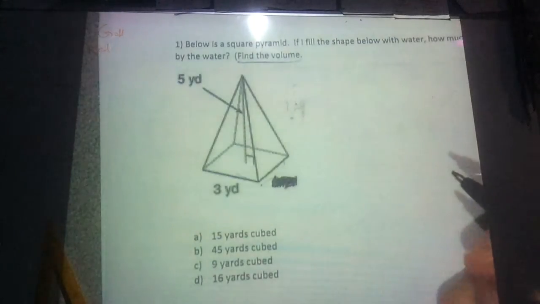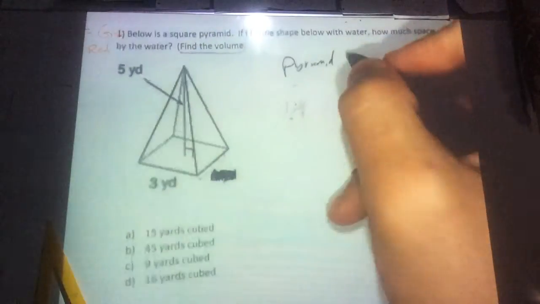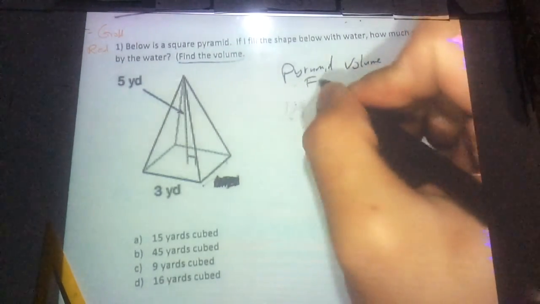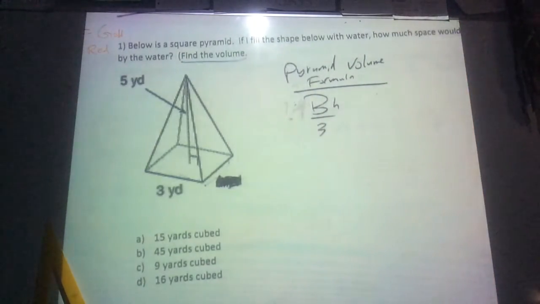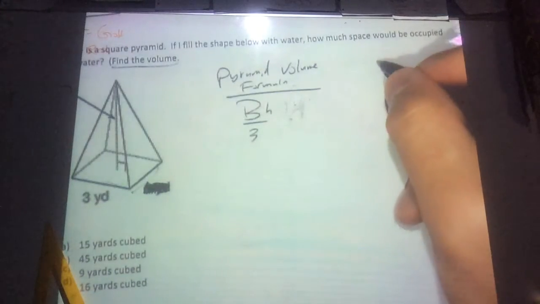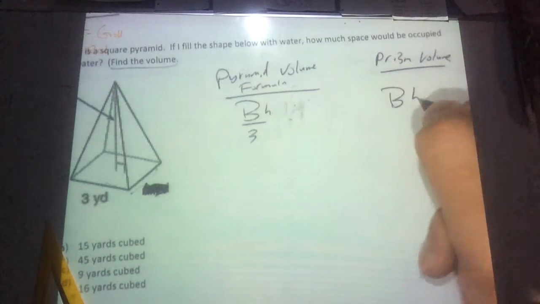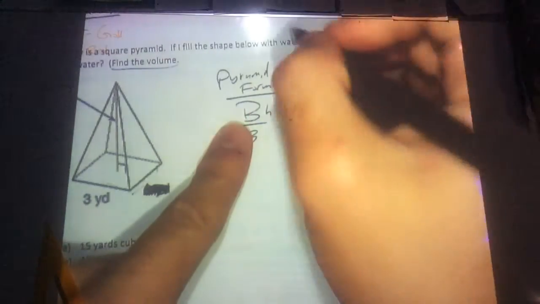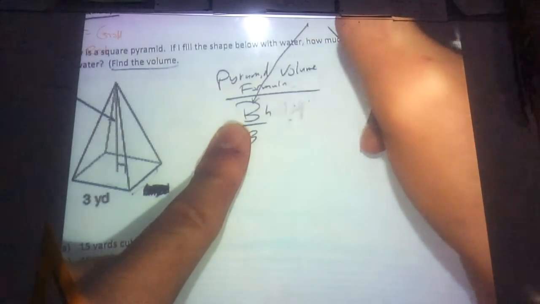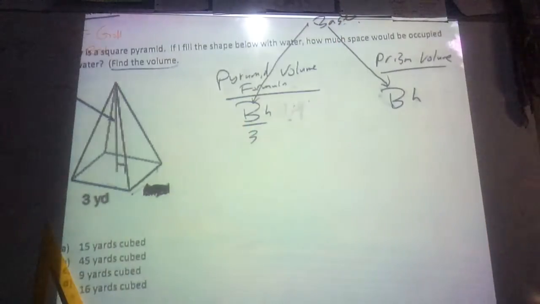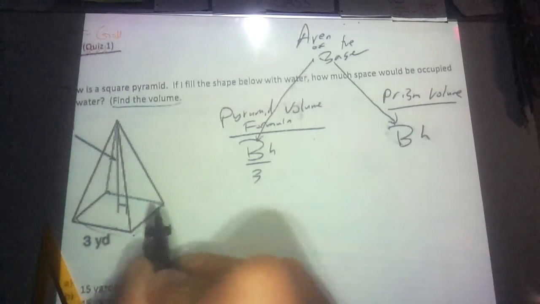For a pyramid, the volume formula is going to be base times height divided by 3. Now, the prism volume is going to be base times height. And in both cases, the big B is the area of the base. Okay, so what we'll do here is we'll figure out the area of the base, because